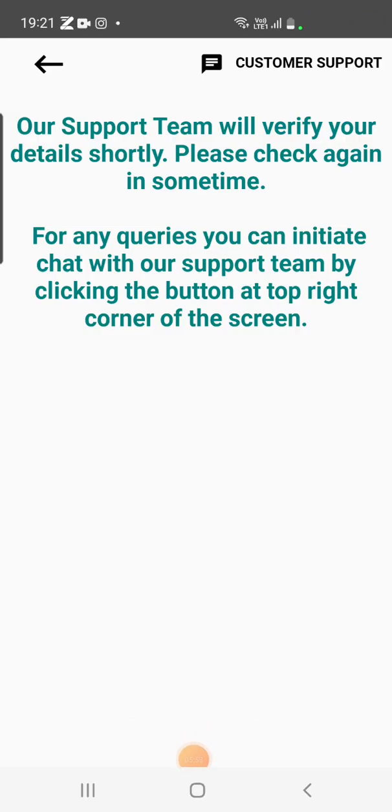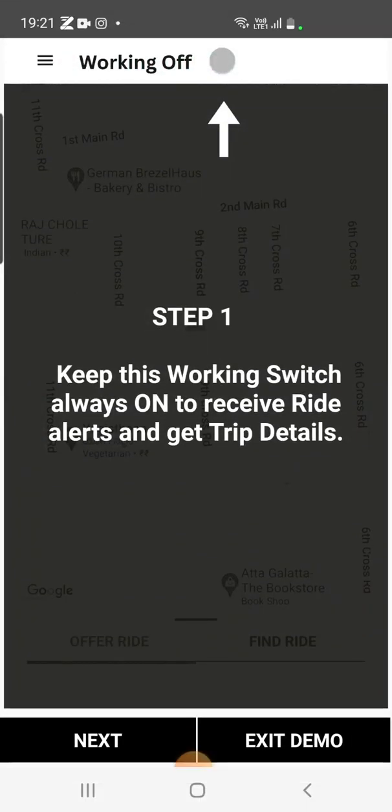So when the backend team verifies it, the next screen you will get is a demo screen. You can exit the demo with the button at the bottom right side. You click that button and it will exit the demo. The driver can go through it from the app later in whichever language he is comfortable in. So exit the demo,